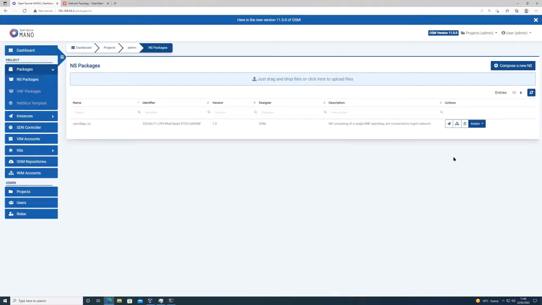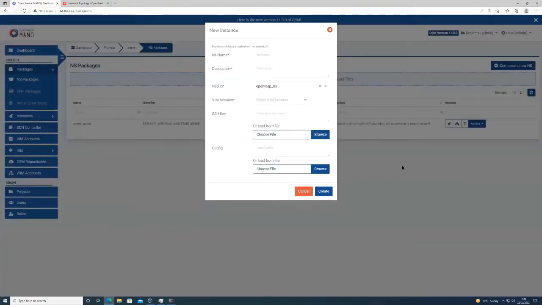So what we can do now is actually instantiate this network service. So let's do so. We can do this using the graphical user interface, but there's also a way to do this using the command line. I believe the command is also placed in the repository. Yes, it is placed. So if you're interested in using the command line also for this task, there is already a way shown to you how to do this. To deploy the new instance, we'll have to specify its name. Let's name it for now